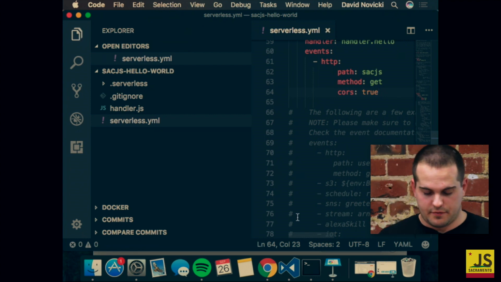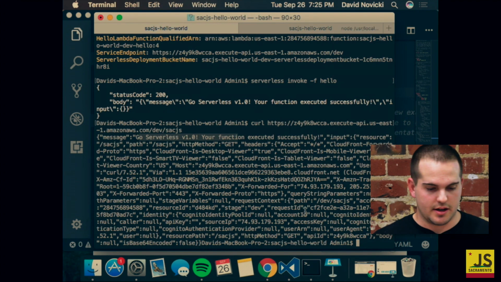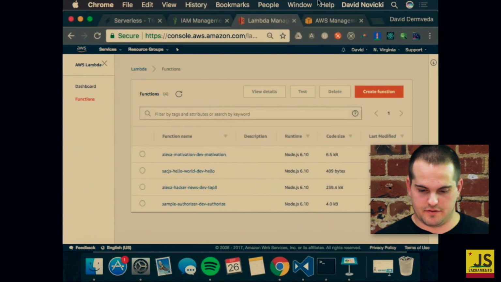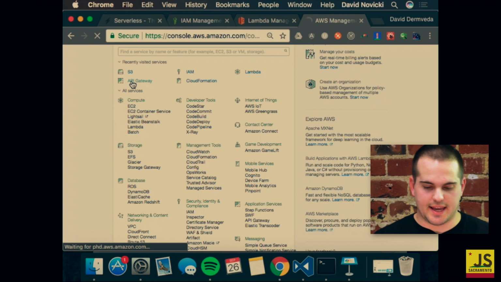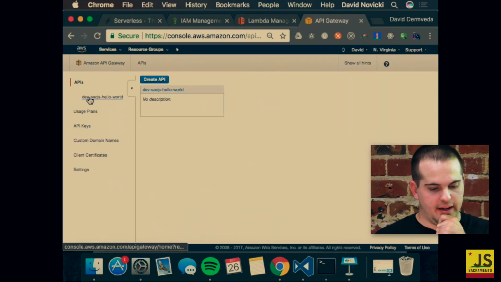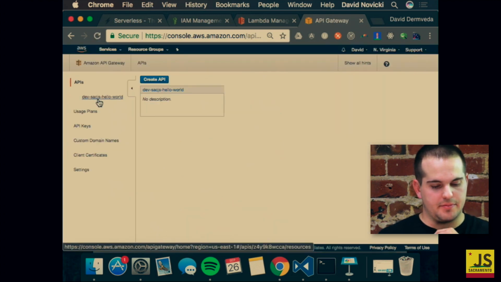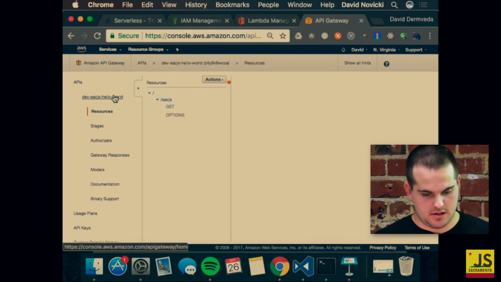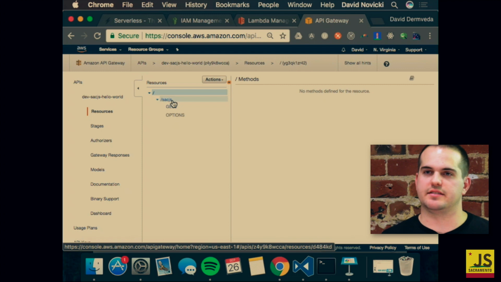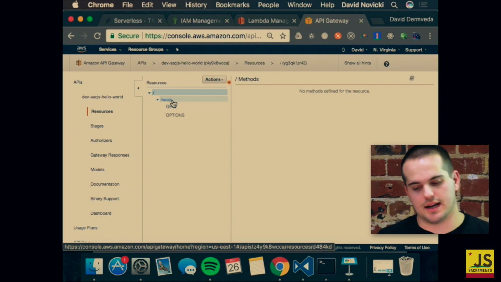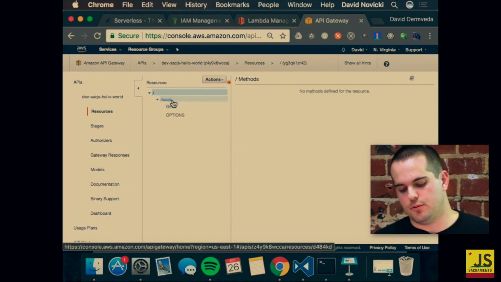But for the most part, we actually have a service up and going. To show you guys proof, I showed you the Lambda. Now if I want to go to the API gateway, I can see SacJS hello world. Through here, I can see that I have a GET request. I can test through here, but honestly, testing through the CLI is 10 times better. This whole GUI is not very user-friendly. They tried to make it, but it's actually way quicker